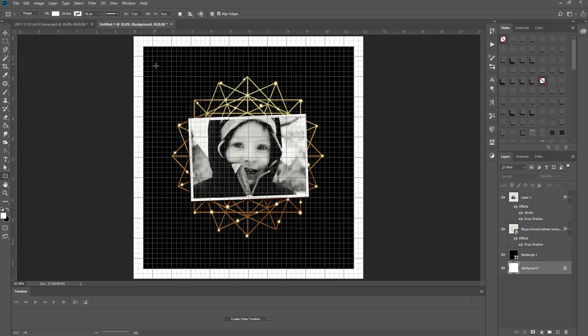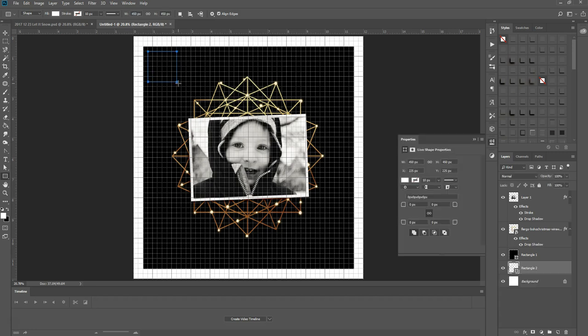And one thing that you can set up too, if you don't have it already, see, I have mine set up to snap to my grids here, so you can see it doesn't matter where. If I'm in the middle of a square, it is snapping to whatever grid is closest. So I'm going to go ahead and give me a 1.5 inch square,